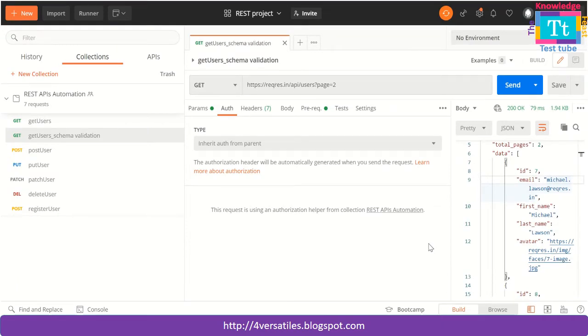JSON schema validation is a key and important aspect of API testing, and not just for functional testing. It is also one of the important aspects that needs to be validated even in automation. And schema is nothing but the structure of the API. So it is about the structure of the API: in which order the elements are listed in the response, and each field and its value, the size of the field, and the data structure of the field that is there in the API response.